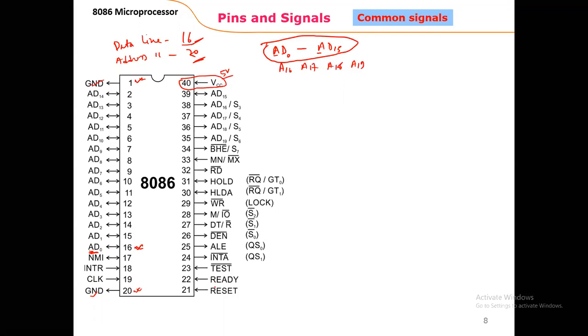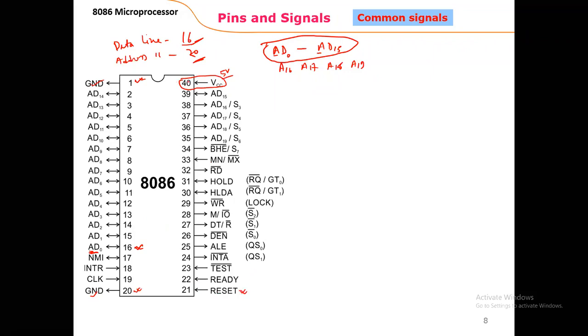20 number, this is the reset signal. You know that reset means refresh. Okay. This is the reset signal. This is the incoming signal. Reset, microprocessor reset. Okay. This signal active means this pin is high. High means 5 volt. This pin is present high voltage. Then this processor is reset. Okay. So